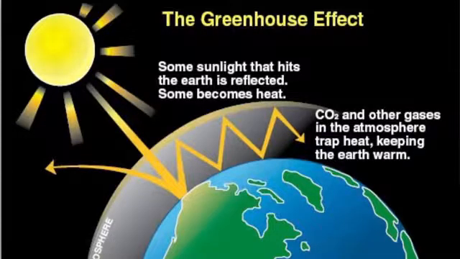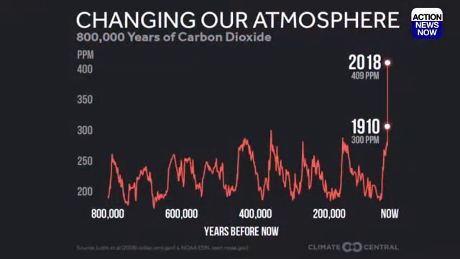The energy from the sun passes through the glass panes, heats the surface of the inside of the greenhouse, and is then re-emitted as long wave radiation. It doesn't have the ability to wiggle on out, and so I say it's trapped in the greenhouse. Same idea here in the Earth's atmosphere. So, with carbon dioxide being a primary factor in trapping the energy here in the lower elevations or lower levels,